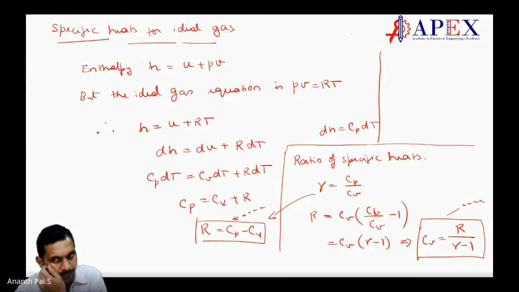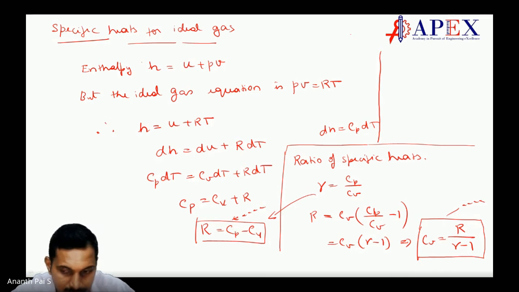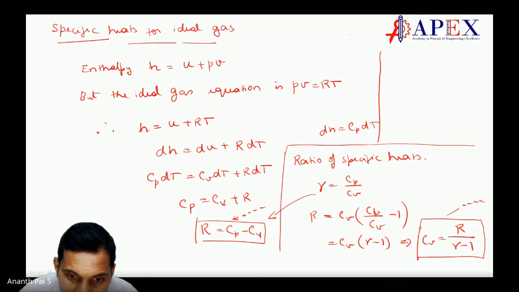Cv is R by gamma minus 1, is it not? I could also have done this by taking Cp outside. From equation 1,